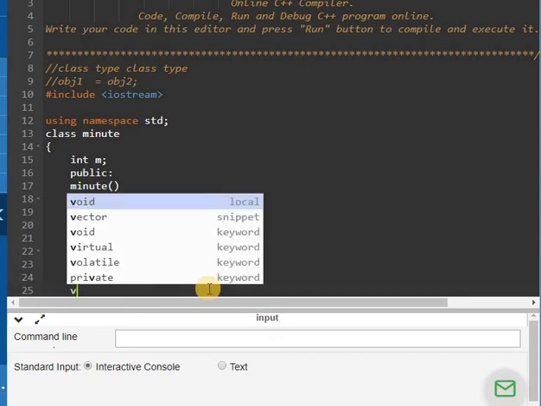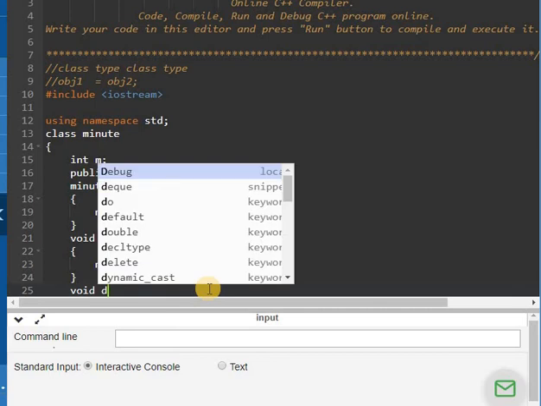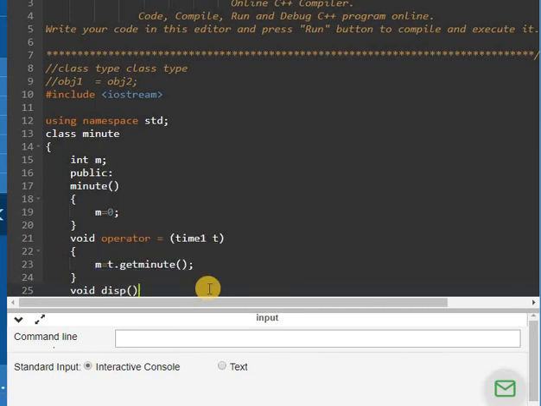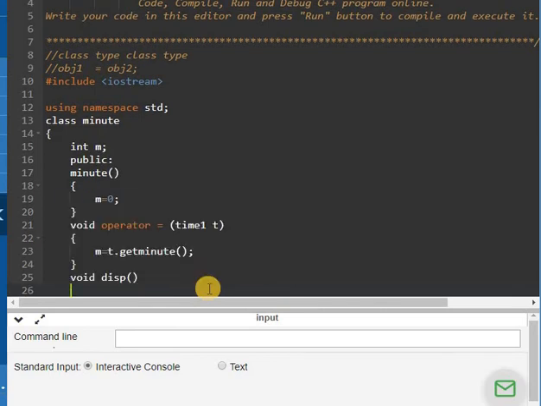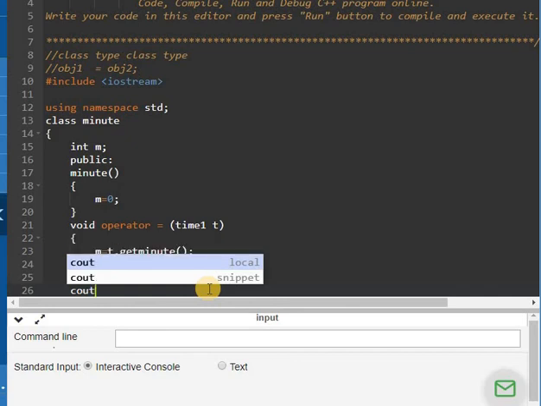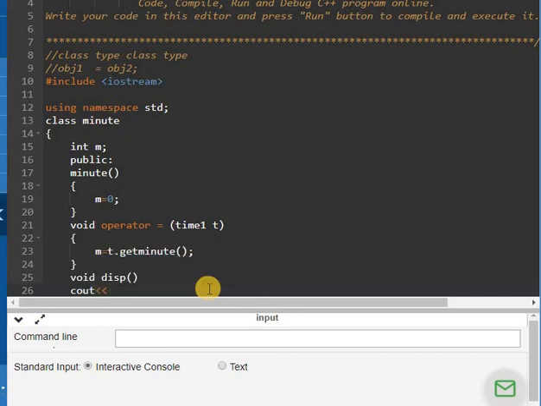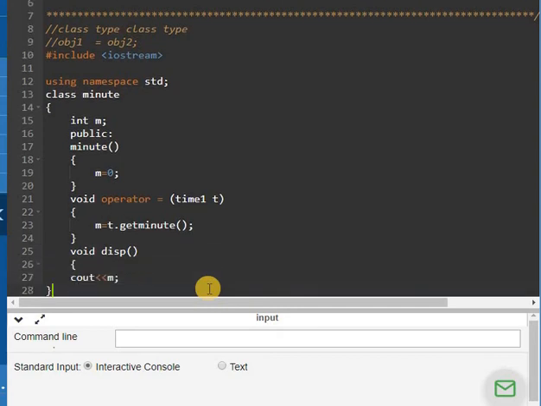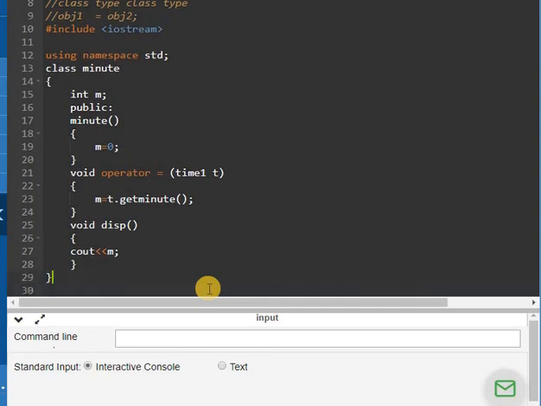Another function of this minute class is void display, in which we will display the value of minute. So this is the class minute.